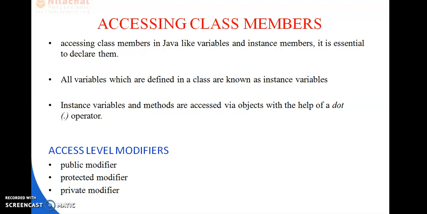If we declare something as protected, then it is accessible within the class in which it is defined and in its subclasses. And private is accessible only within the class in which it is defined. Then there is another modifier, the default modifier, which is used without any modifier. If we declare any method or class without a modifier, it is default, which is accessible within the same class and package in which it is defined.